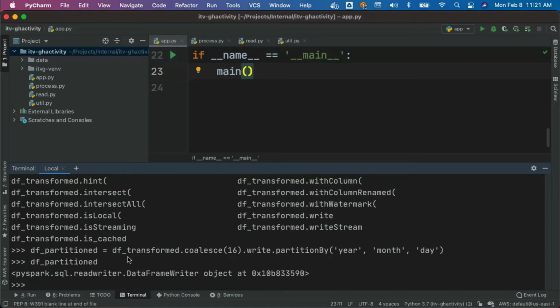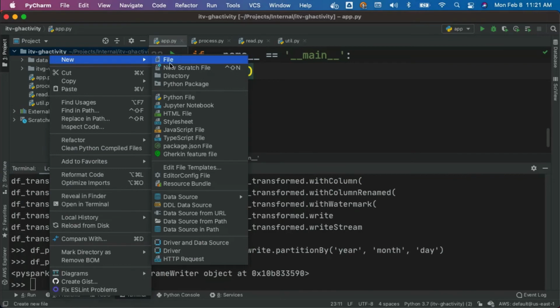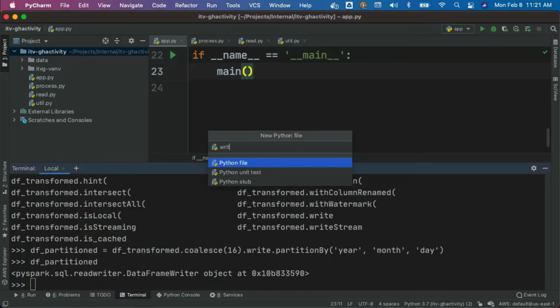As this is DataFrameWriter, you should be able to leverage the APIs that are available as part of the DataFrameWriter, which are nothing but format, and pass Parquet to it, or you can also use direct APIs such as parquet, json, etc. Now, using this knowledge, let's come up with a program by name write.py. I am right clicking on this, then New Python File, write.